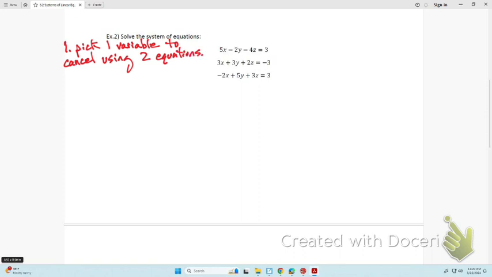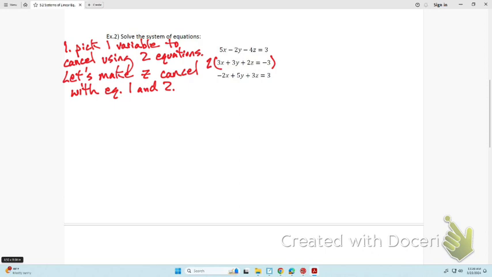So let's make Z cancel. You could pick any of the 3 letters. All the classes are picking different letters. With equation 1 and 2. So we take equation 1, and I see we have a -4z. I look at equation 2, I see we have a 2z. We could easily multiply this equation by 2, and that'll give us 4z for the z term, and the z's